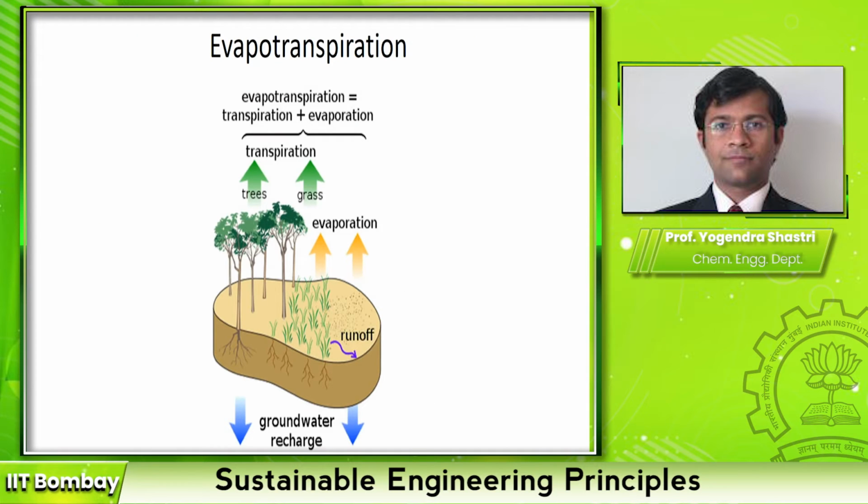Before we do that, we need to briefly understand the concept of evapotranspiration. So this concept is related to growth of any plant or tree. Evapotranspiration is a combination of two terms, transpiration and evaporation. Transpiration represents water that is given out from the leaves. So the root system of a particular tree or plant will absorb water from the ground, and the water will travel up through the capillaries and will come to the leaves, and some of that water is given out by the leaves. So this is known as transpiration.